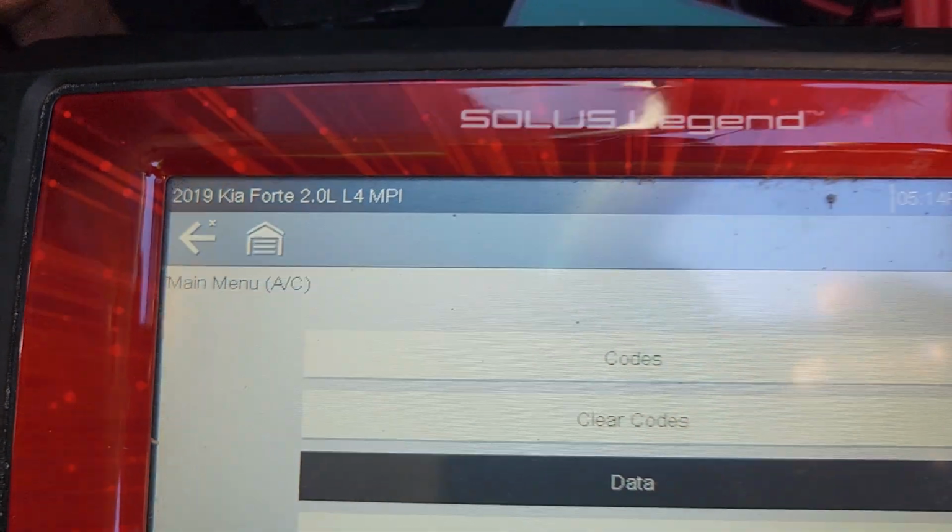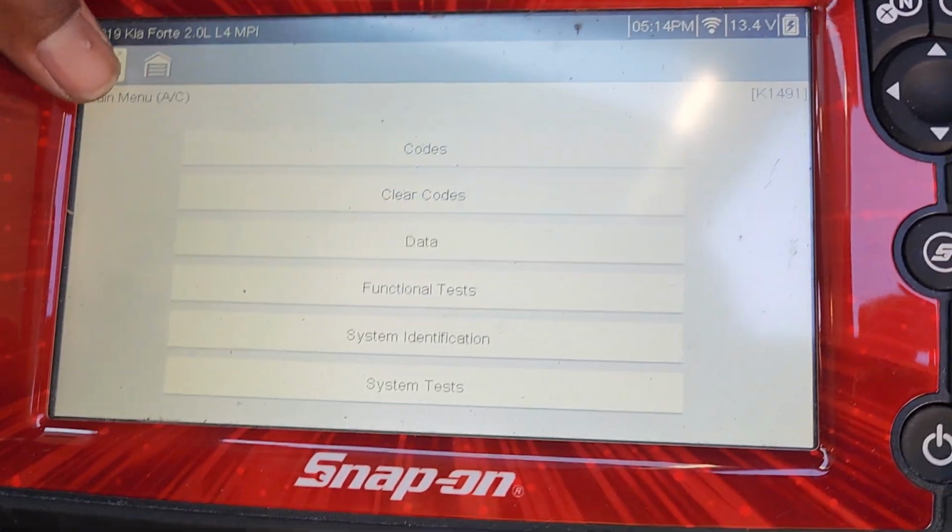I'm back. We got a 2019 Forte, Kia Forte. It's got a problem with the air conditioning. Let me flip the camera around. So yeah, we got a 19 Forte. I'm in the